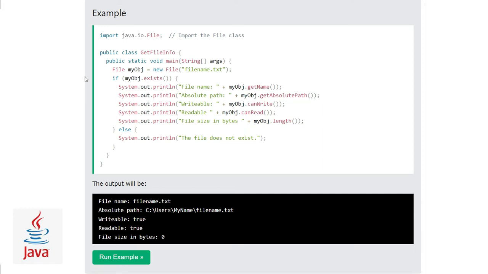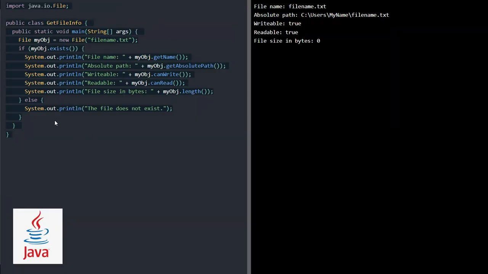And now we get here some information. If you have to get some information about a file, then we can use some methods which are available in the File class. So let's run this example. What we are doing here is that we have created a file object, and then we use System.out.println with the file name, here myObj.getName, it returns the file name. Then we are using getAbsolutePath, and then we are checking if the file is writable, with the canWrite method,